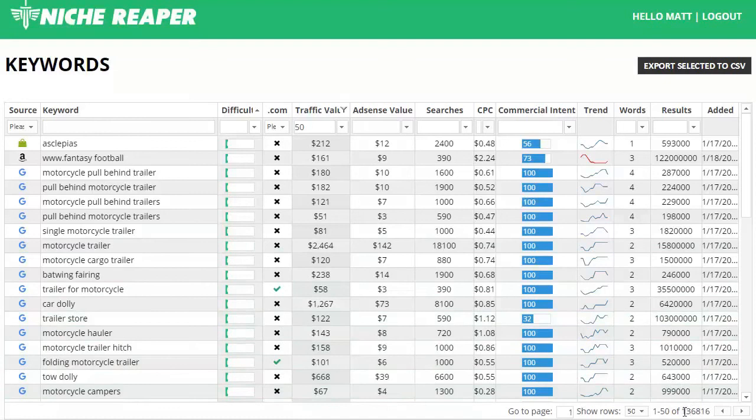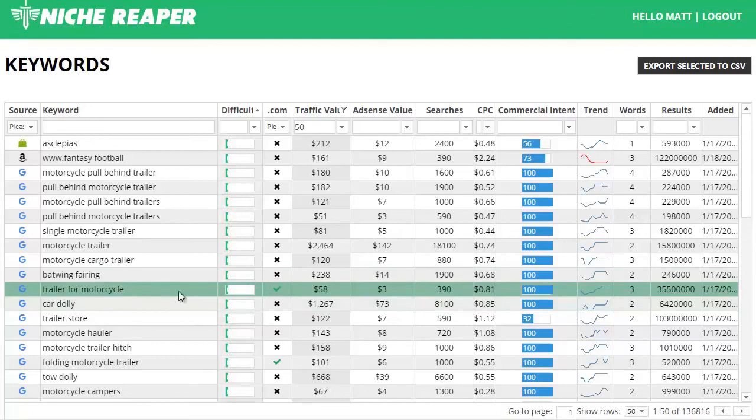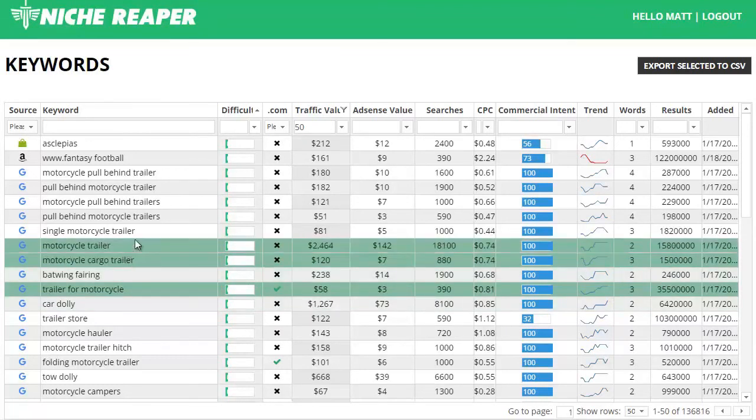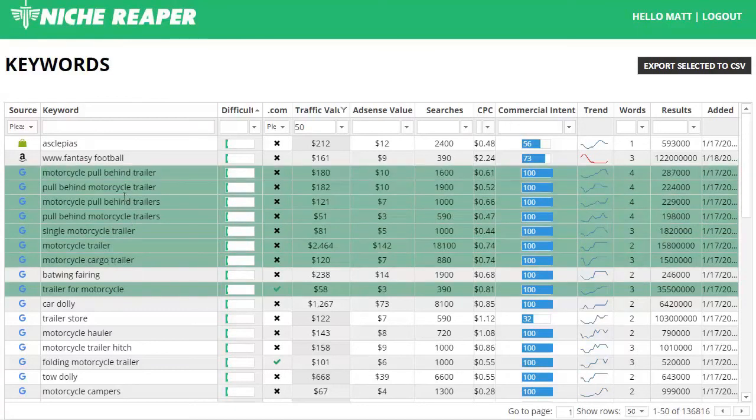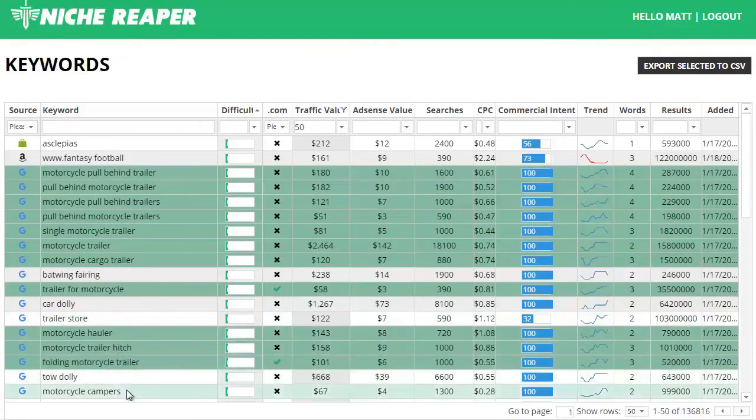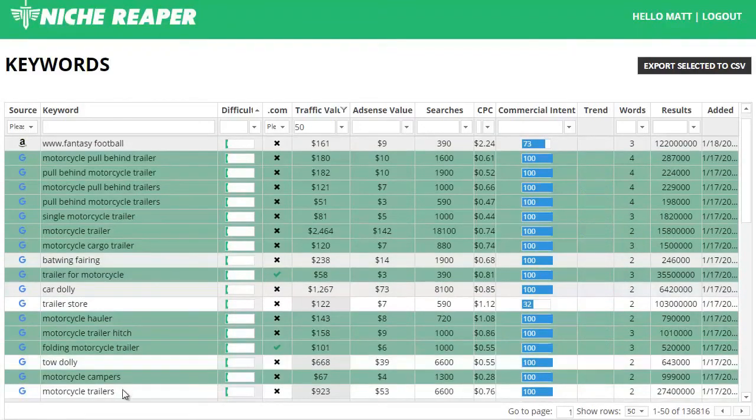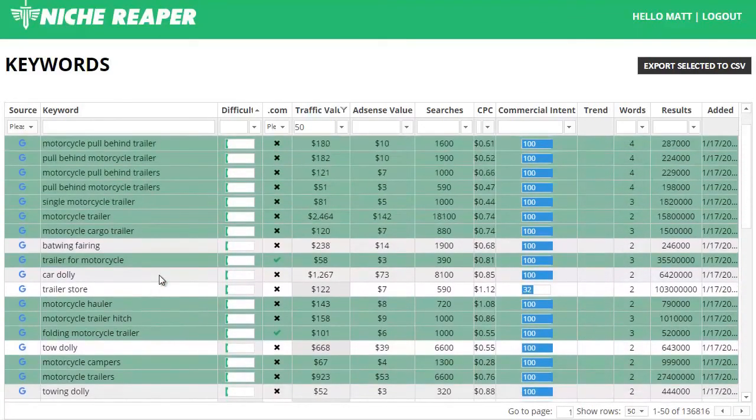And if we look at the bottom here, we've got 136,000 keywords that meet this criteria. And don't forget, we're adding an extra 25,000 keywords every single day. And without even having to scroll down to check things out, I can see straight away I've got a niche that I'd probably want to target. There's even a .com name available currently by the looks of it. So what I probably want to do is grab a bunch of these related LSI keywords. I want trailer for motorcycle because it's got the .com, motorcycle cargo trailer, motorcycle trailer, single, pull. All I need to do is grab the keywords that I want. I've got a bunch of them. That's enough for building out a niche site. Again, you could scroll down, click on as many as you want,